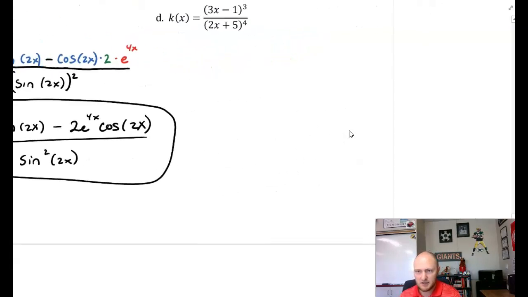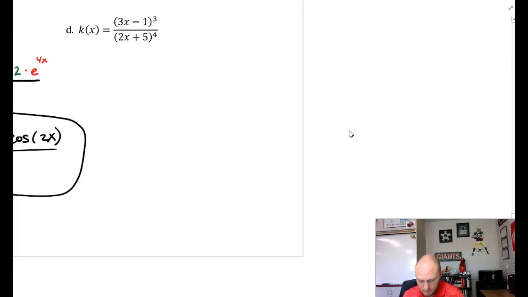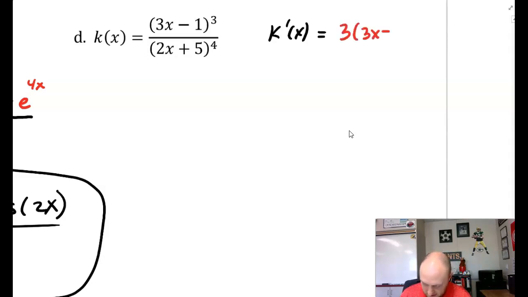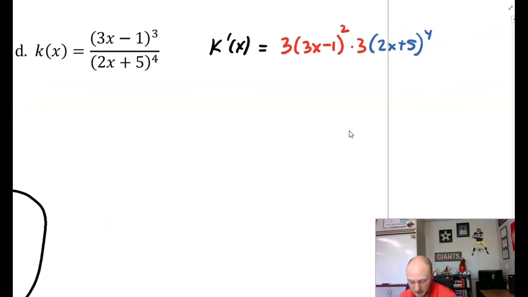All right, last example, D. I want to go ahead and I want to take the derivative here. I have k prime of x, and I'm going to take the derivative of the numerator. So I'm going to do power rule first. 3 times 3x minus 1, power of 2, times the derivative of the inside, which is a 3, okay, multiplied with the denominator, 2x plus 5 to the power of 4, okay,